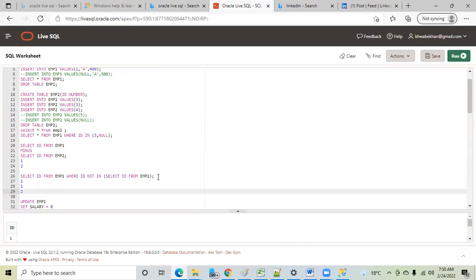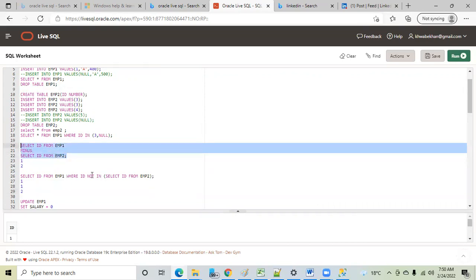Right. First of all, the output of this minus and the output of this not in, are they both the same or not? No, they are not the same, because if someone is telling you to see the output, you have to consider the duplicate records as well. Here you have a duplicate, so the output is not the same.